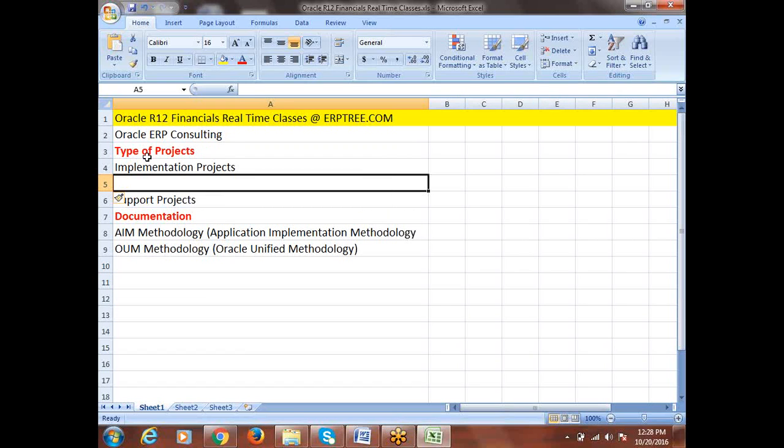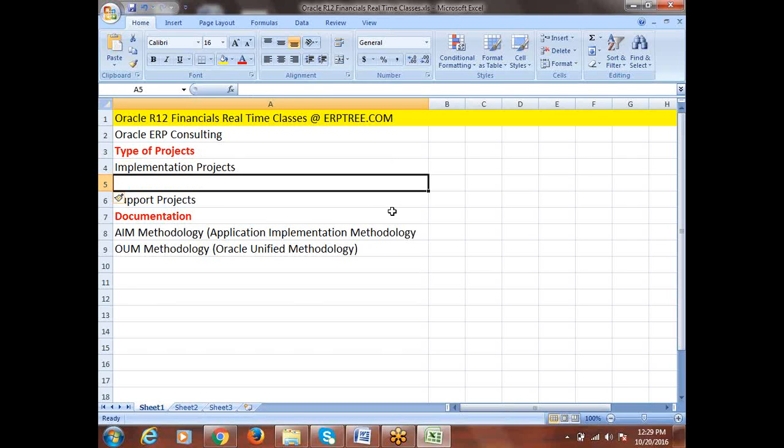When we talk about project types, we'll try to understand the implementation projects' process flow, how implementations can be done, and we'll discuss in detail what resources will be involved, what the roles are, how the people will be communicating, where and how to start, how to execute, what the various phases of an implementation project are, and in which cases we have to interact with the client. We'll discuss everything.